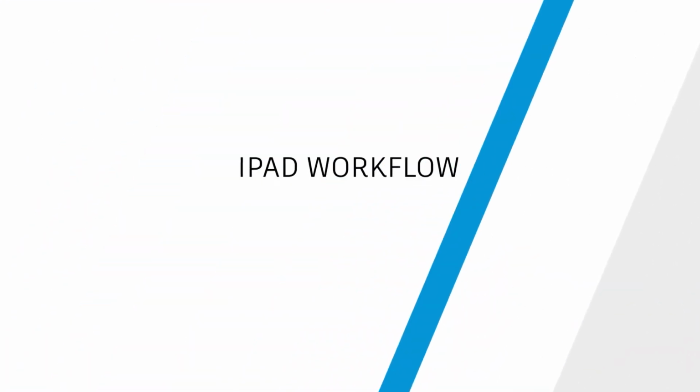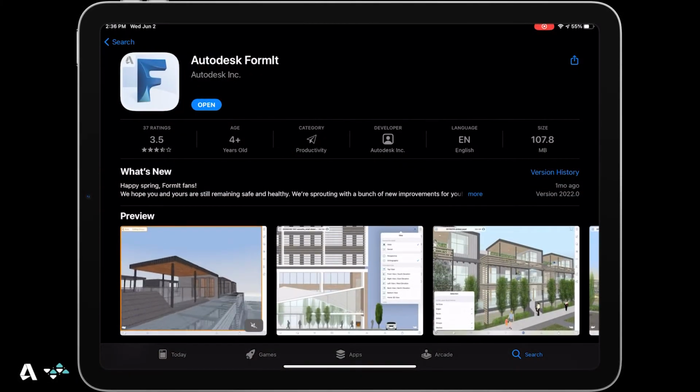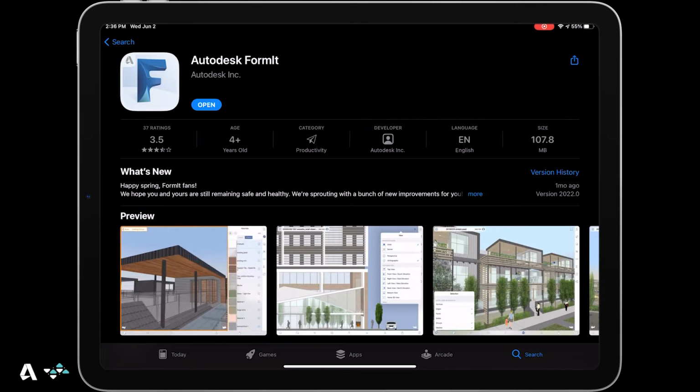Hello everyone. Today we will be covering the iPad workflow in FormIt. FormIt for iPad takes modeling into the world of touch for fast, easy sketching using your fingers or an Apple Pencil. For this you will need to download the FormIt app for free in the App Store and launch it